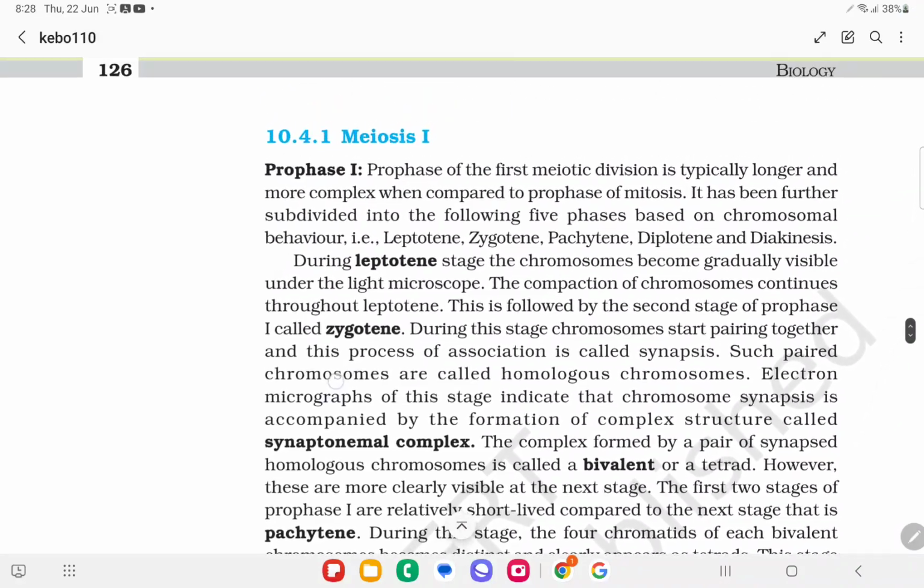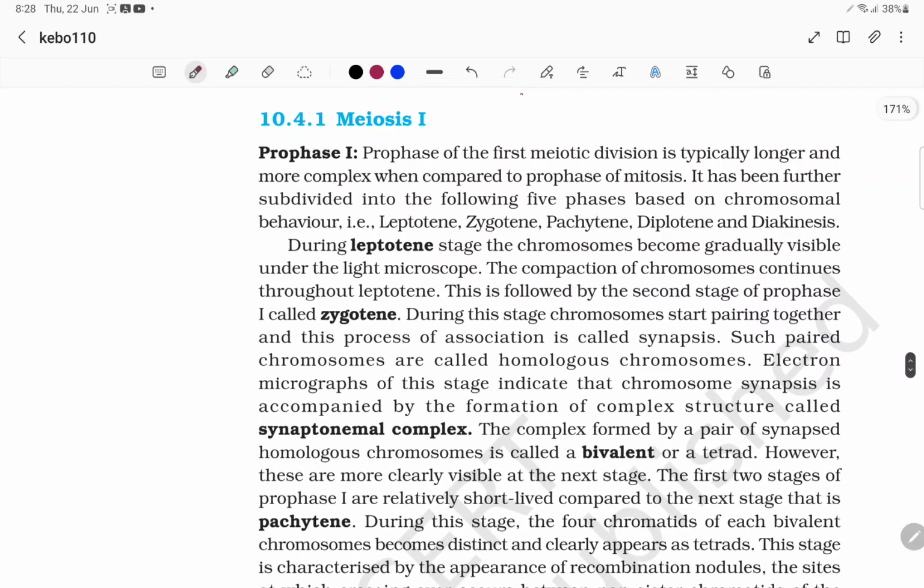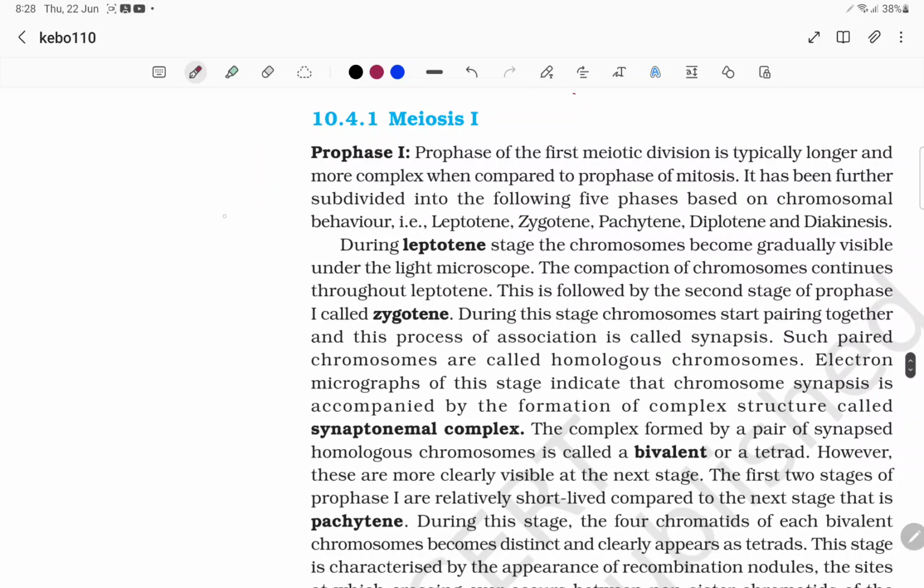Regarding meiosis 2. So in this you can see the meiosis. In the meiosis, it is mainly divided into, so the major part will be the prophase,